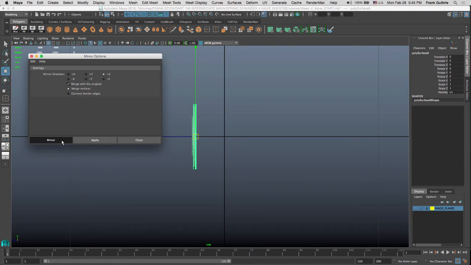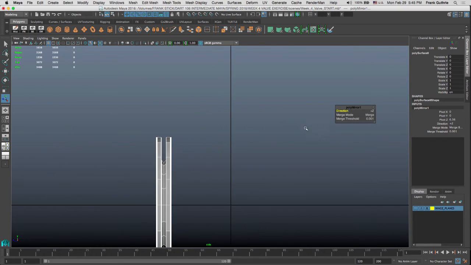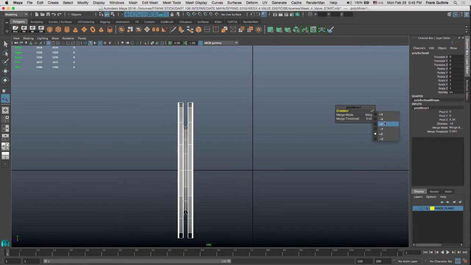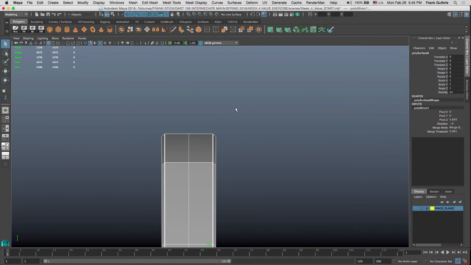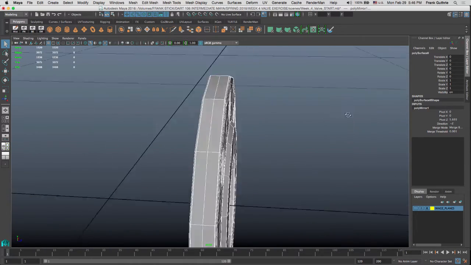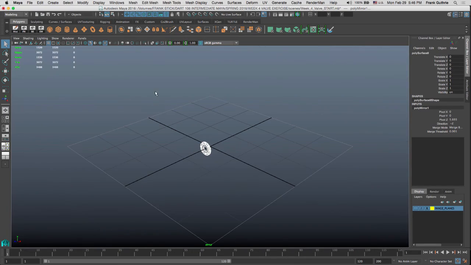So when I do that and I hit mirror, notice that it did not go in the right direction. So maybe it was not the positive Z, maybe it was the negative Z. Let me try it, and there it is. It was the negative Z. Okay. Let me look at this. Why was it the negative Z? If I go to the view and go to default,